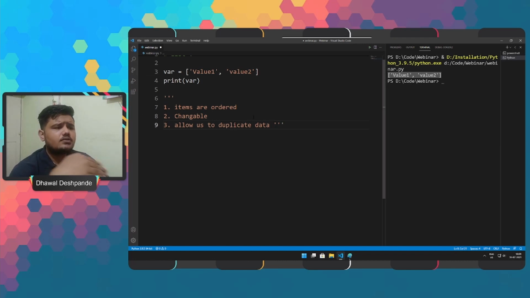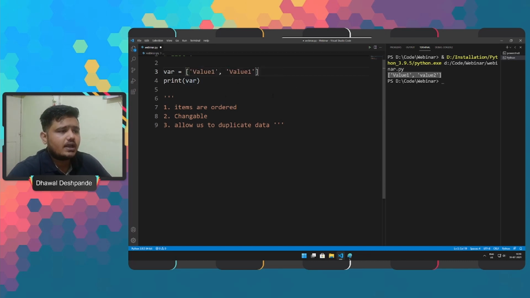So these are the three basic things about lists that we have to keep in mind when we are working with them. When we say that duplicates are allowed, what I am referring to is we can provide two similar values.